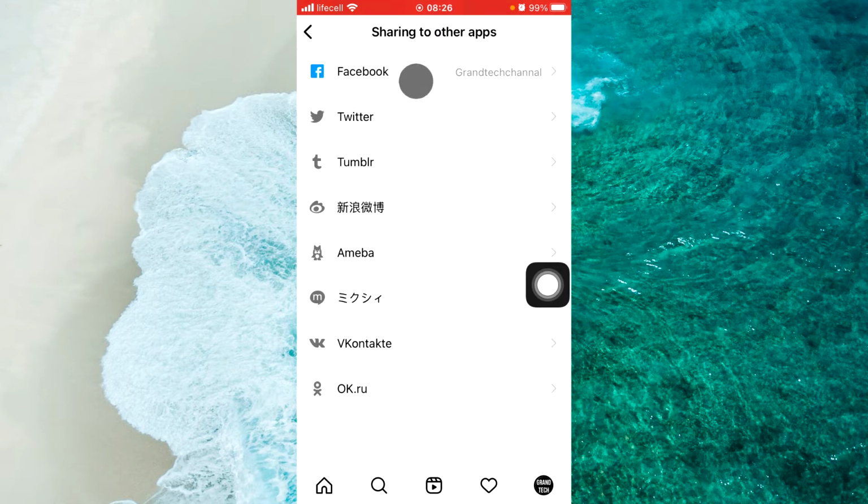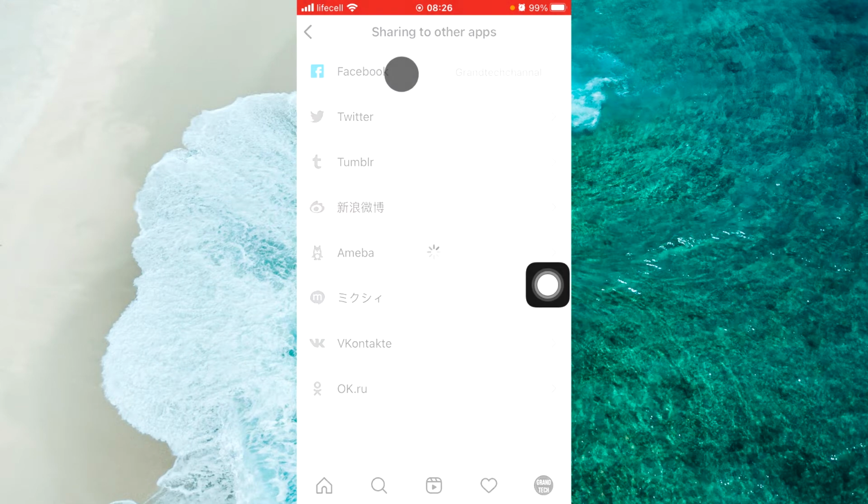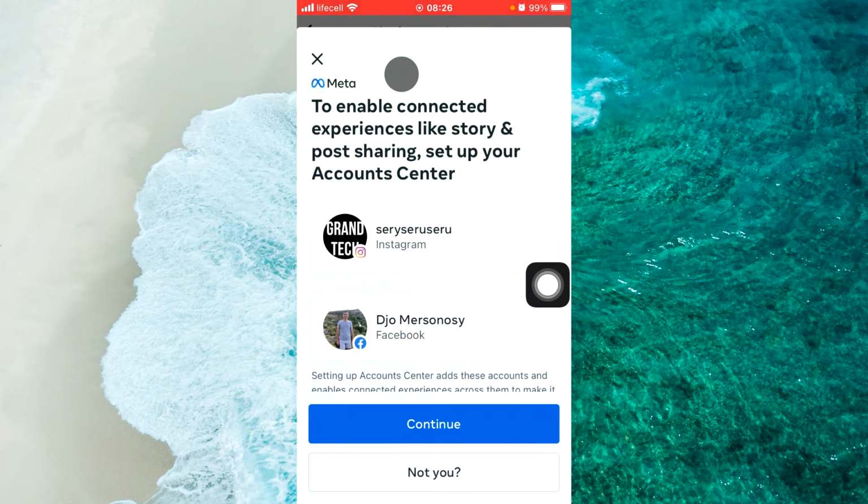And here you will see Facebook. Tap on Facebook app. Then log in to your Facebook account if you're not logged in. And then you should tap on continue. Here as you can see, it says my name on Facebook account. So you just tap on continue,